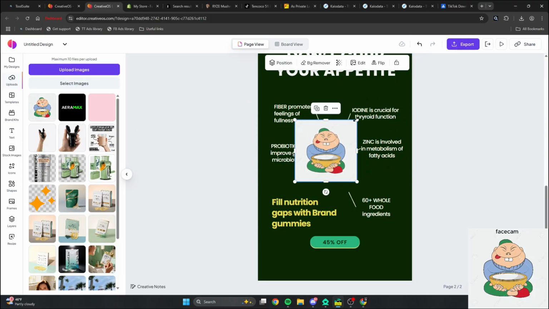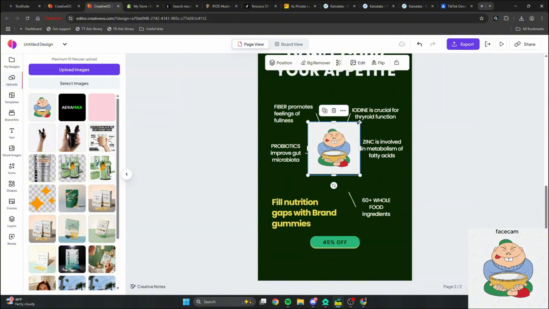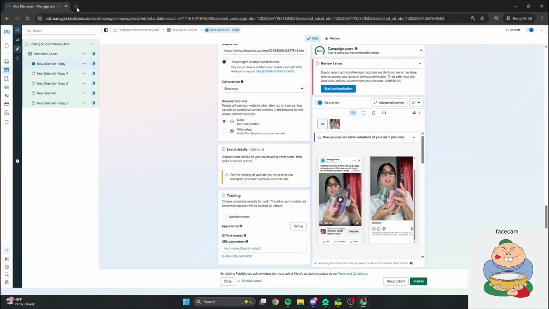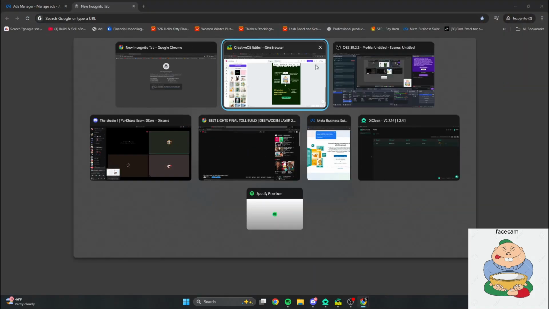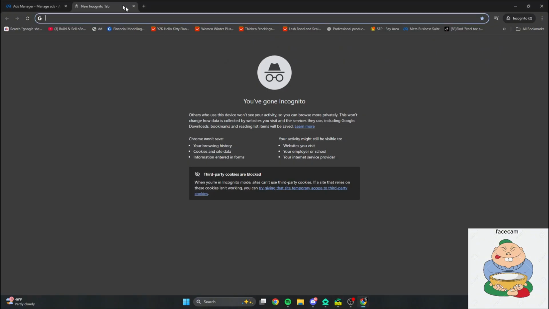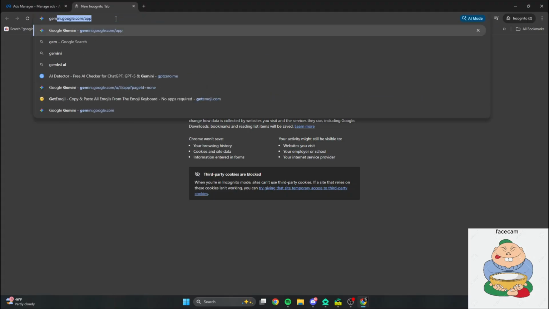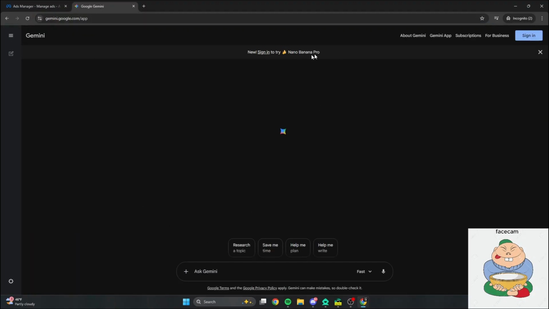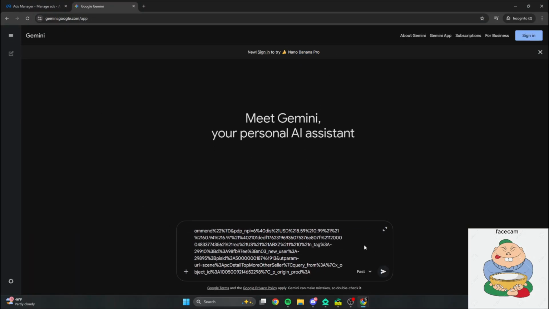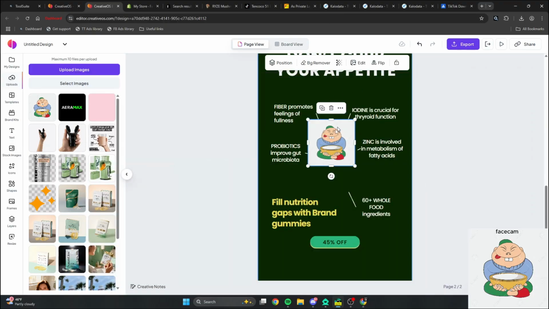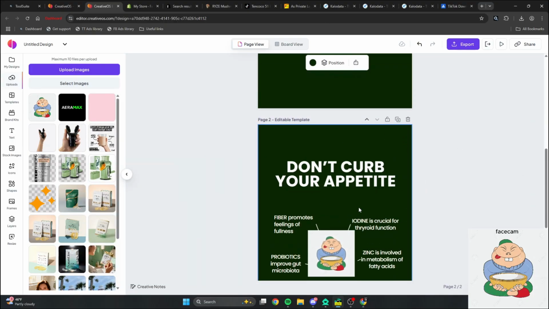Once you're here, you're going to want to create your ads. One thing I like doing is going back to this page right here, with ChatGPT. Remember how I told you to do the prompting? Ask ChatGPT to do the Nano Banana prompts, and then go to Gemini, see Nano Banana. Copy and paste the prompt that ChatGPT gives you, and ask it to create a prompt for product images. Once you get those product images, add them to your static images, and boom.